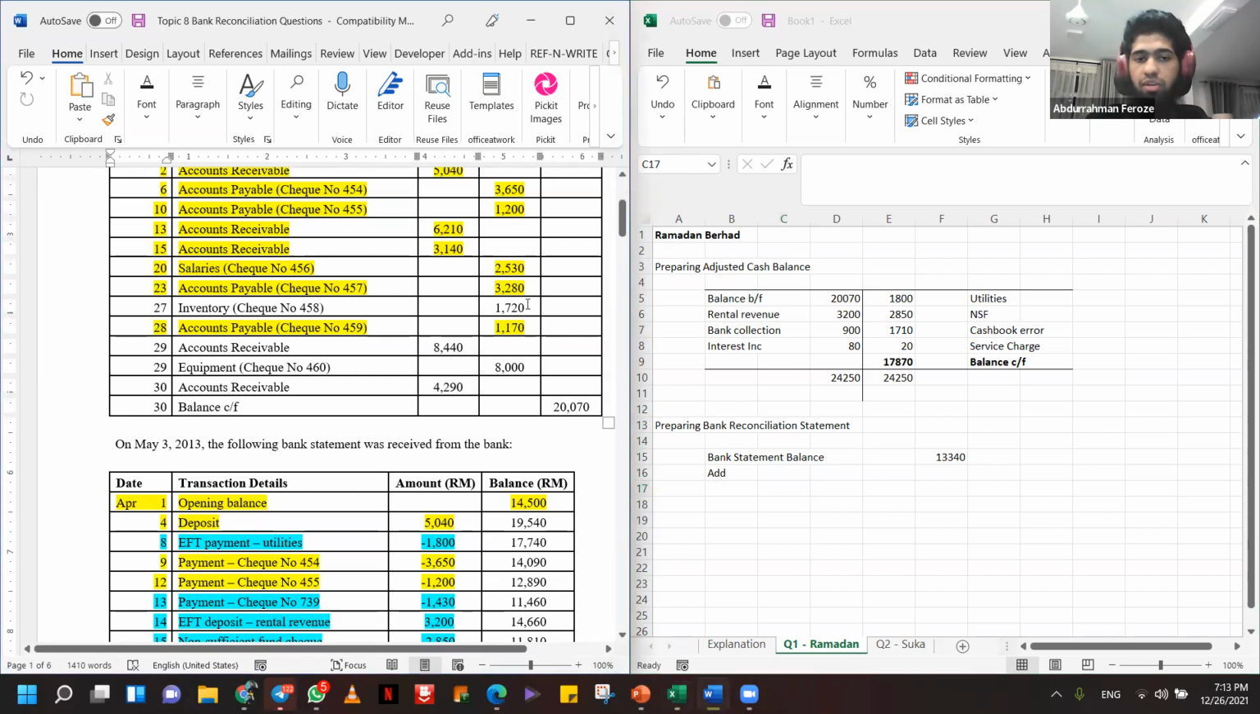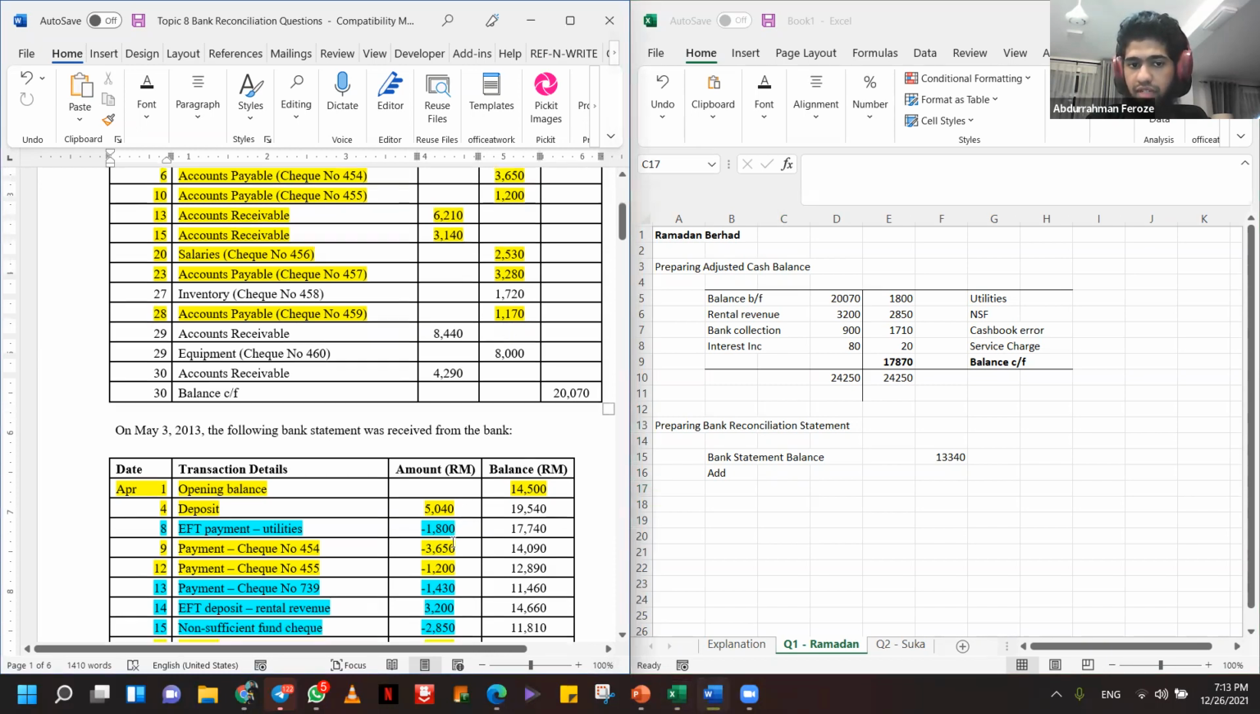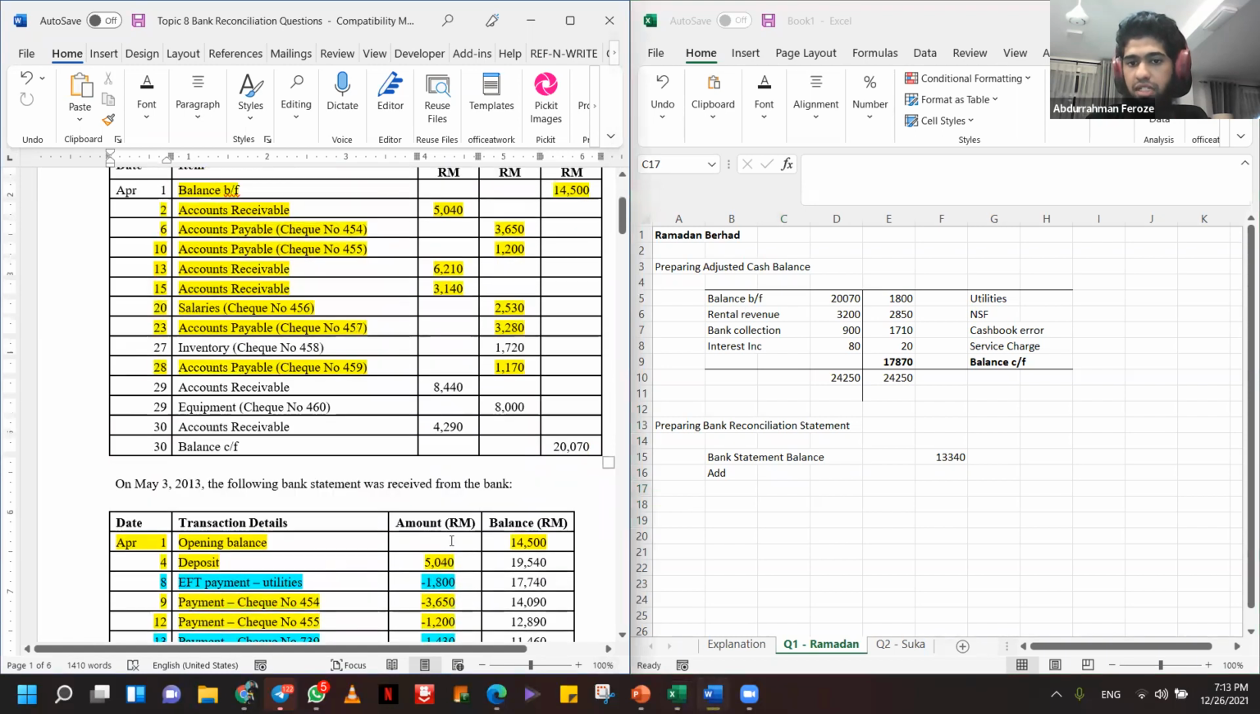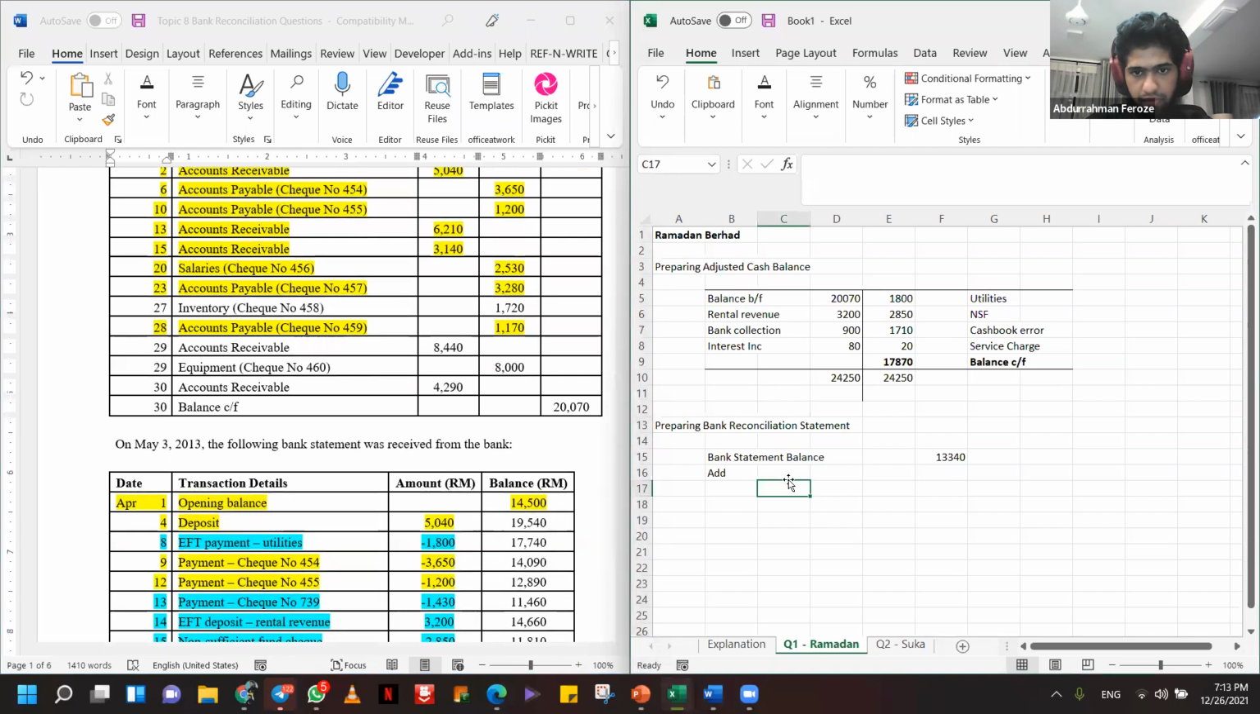So whatever gets created here is minus on the bank statement, right? Okay. So we don't add this and we don't add this. We add these two because this is what has been debited on the cash book. This is what needs to be added onto the bank balance, right? So we add